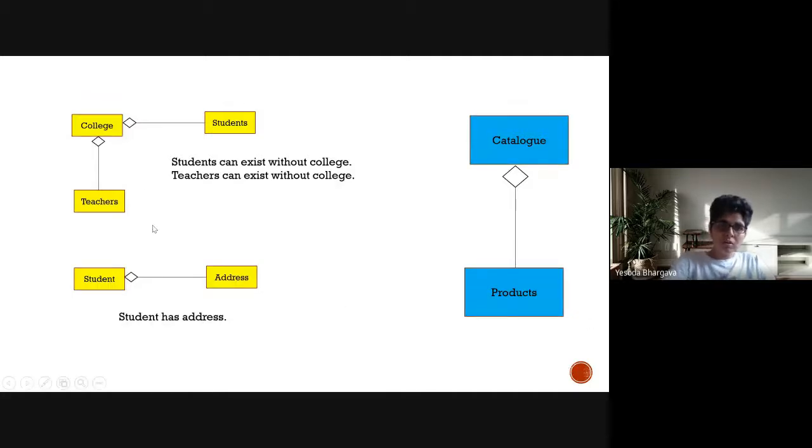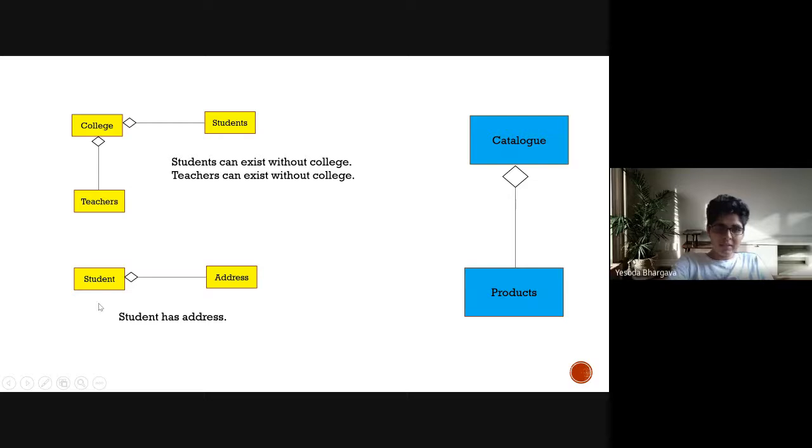examples. So this is how aggregation is depicted in class diagram. Please note that here I have just used college. I have not actually introduced the attributes and functions. But if this were to be a class and student was to be a class, and if college was an aggregate of students, then this is how you would denote the aggregation relationship. If you do not know what the relationship between college and student is, then you can simply show an association line. But if you have deeper clarity on the nature of the relationship, then you understand that it's an aggregation relationship. So similarly, a college is an aggregate of teachers.